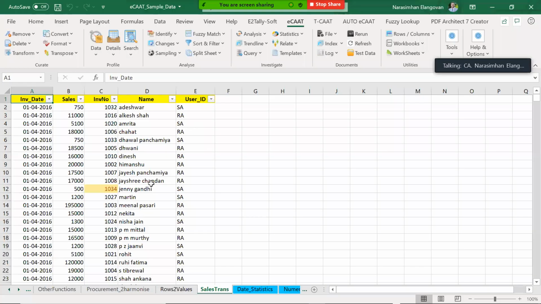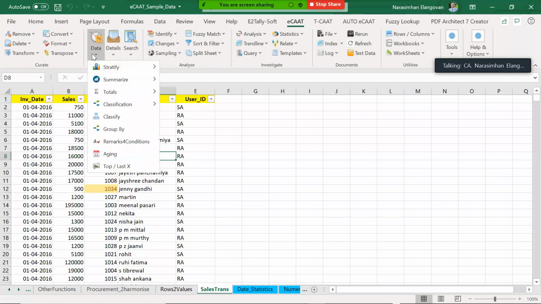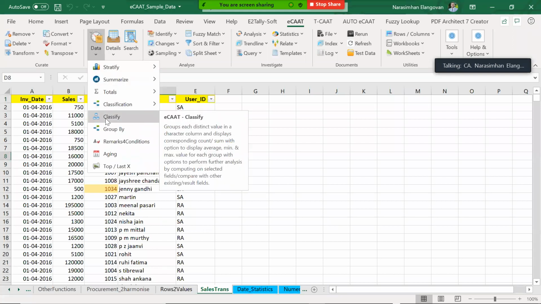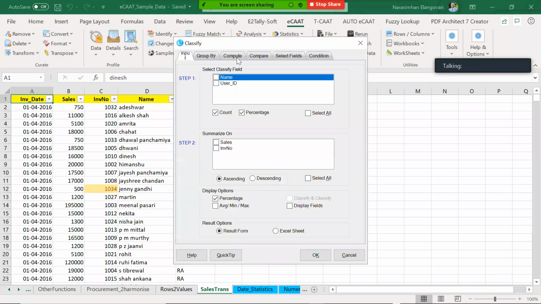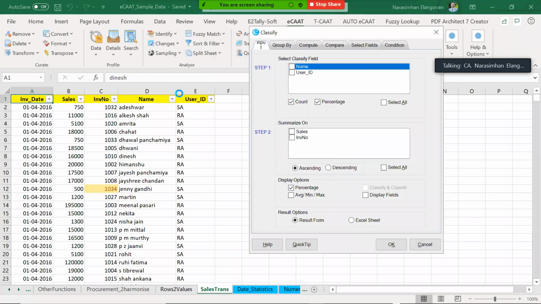For instance, can you apply classify on this data? Here we go to data. There is an option called classify. Can you find it here? Under data, you have an option called classify. The moment you select data and classify, you have the various fields based on which you can classify. If you classify based on name, I don't think it makes sense because you have so many values.